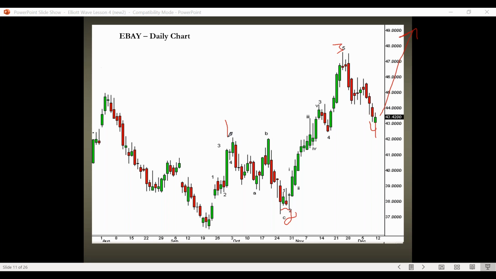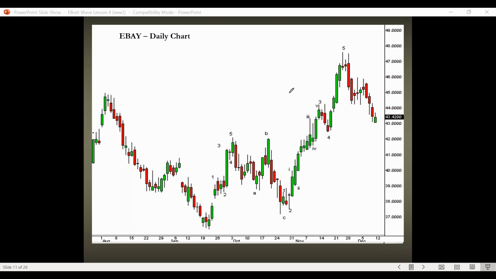And you double check your rules. You say, well, there's wave 1. Wave 4 doesn't trade in the territory of wave 1. Wave 1 is already shorter than wave 3 right here, so wave 3 isn't the shortest wave. Wave 2 didn't go below the beginning of wave 1. So it follows all the main rules right there. And you might have had a little bit of a bullish reversal day right here. You might be getting ready to buy the stock or buy a call option on it, betting on that thing going higher.